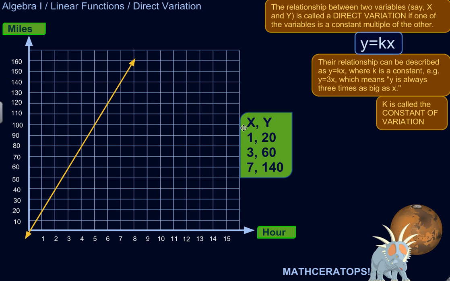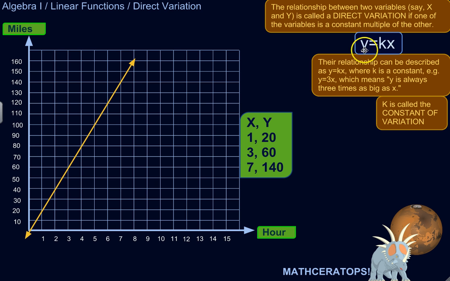The relationship between two variables, like x and y, or miles and hours, or volume and temperature, is called a direct variation if one of the variables is a constant multiple of the other, and actually vice versa. You can just rearrange the equation so it works the other way. So if one is a constant multiple of the other, for example,